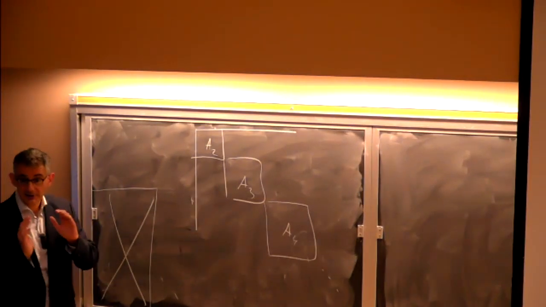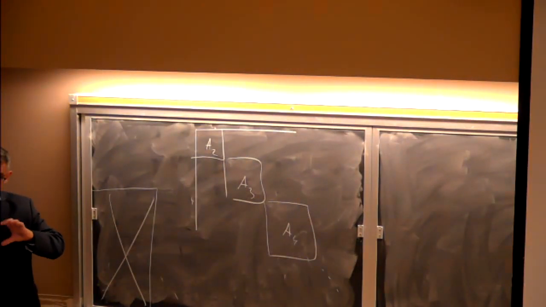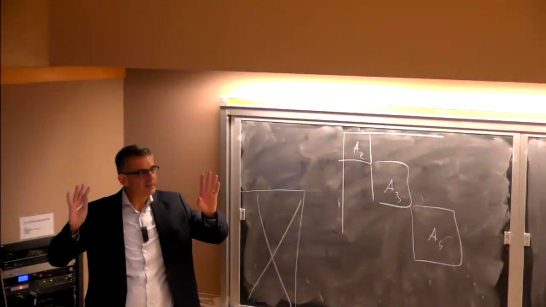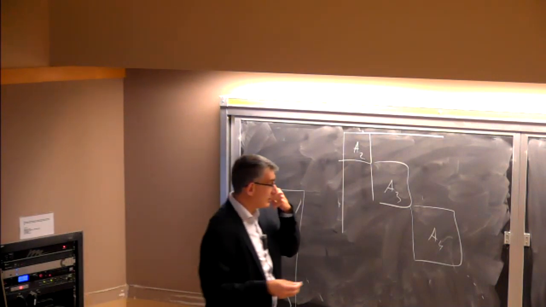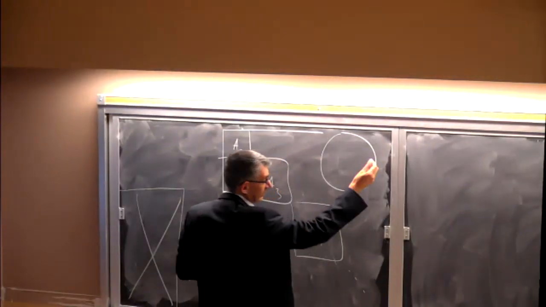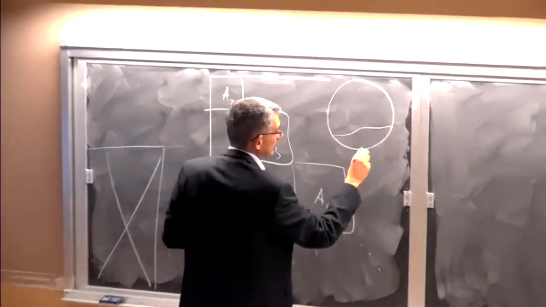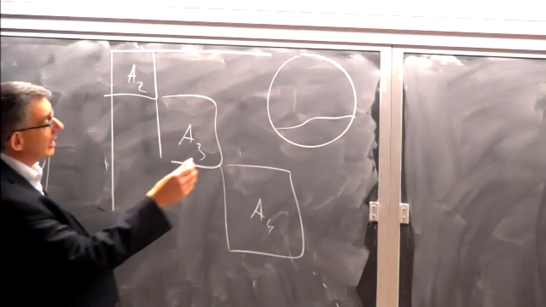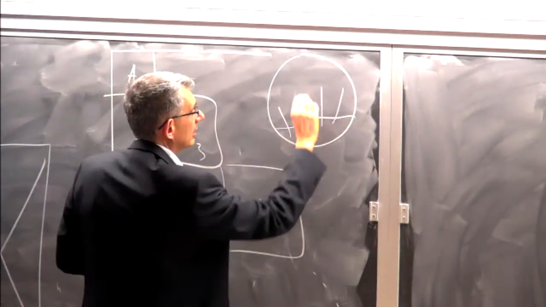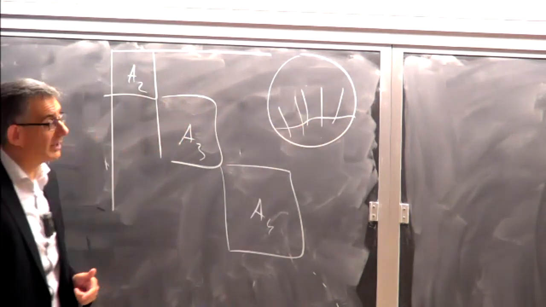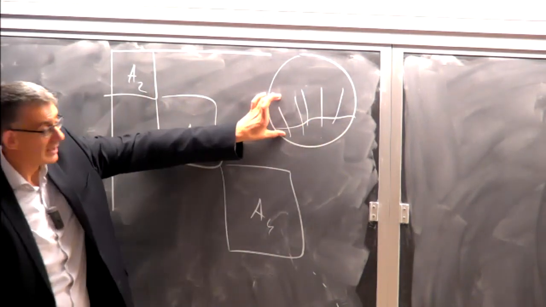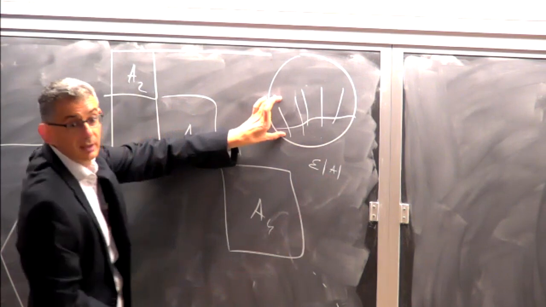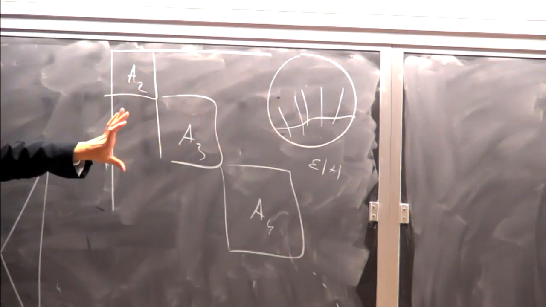A sequence of expanders are finite graphs whose cardinalities are increasing, and they are all, let's say, 3-regular, just to keep it simple, but very highly connected. So they have the property that if you take a subset of the vertices whose cardinality is not greater than 1/2, and you look at all edges connecting those vertices with those in the complement, the number of those edges is at least epsilon times the cardinality of your set. So they're very highly connected.